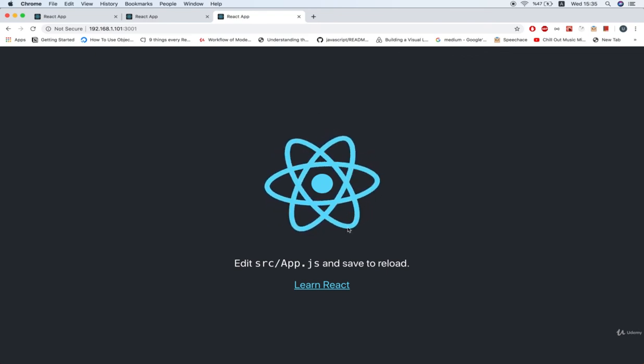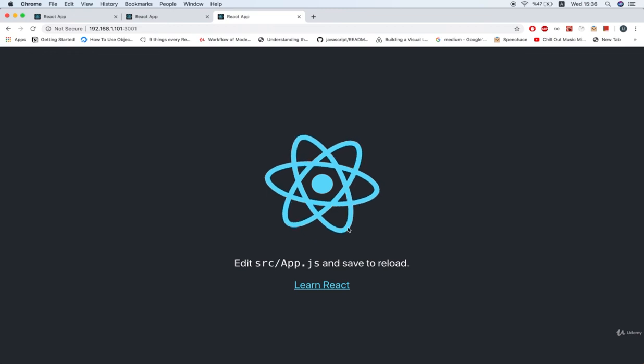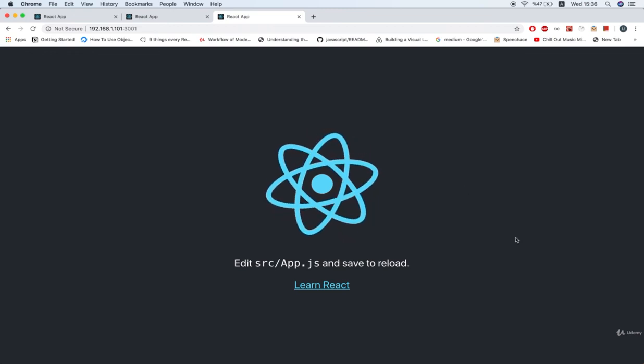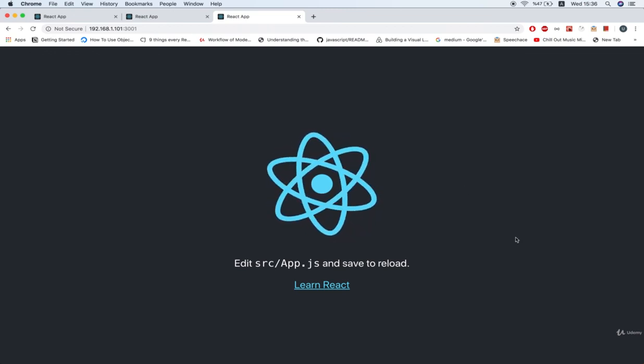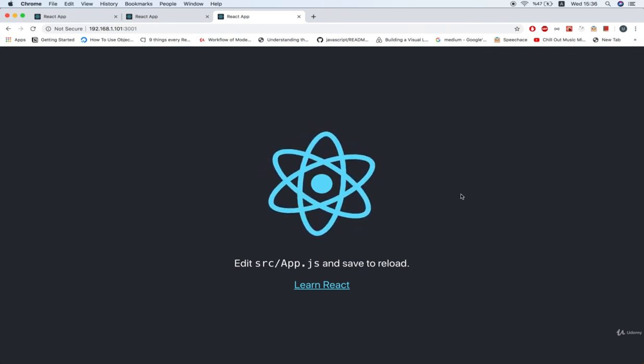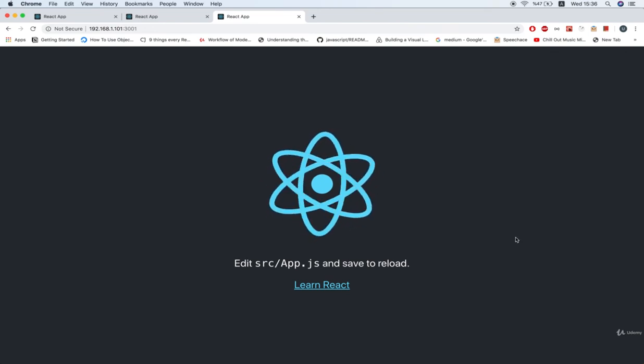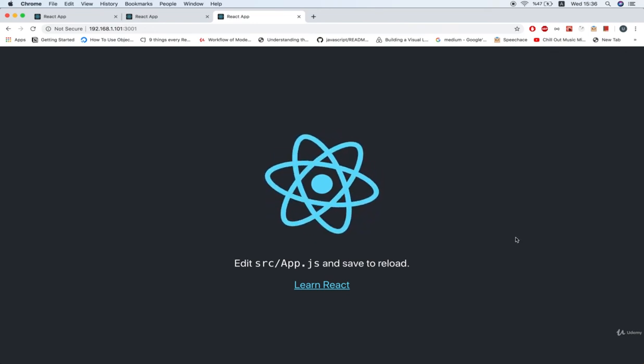All right, so that's how we start up our app, and that's how we restart it again in the future. So remember these commands right here because we're going to be starting and stopping different React apps many times throughout this course, as frequently as you